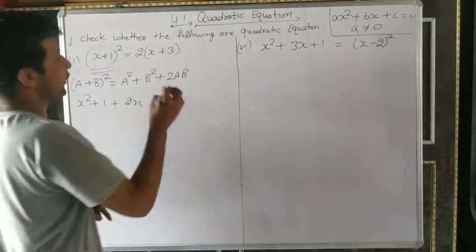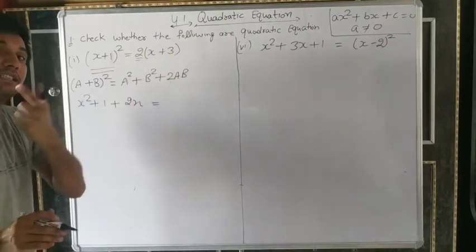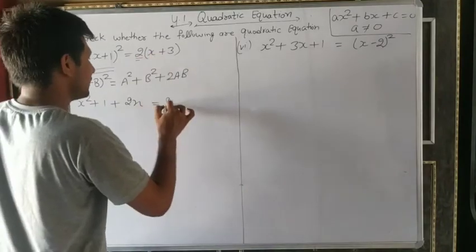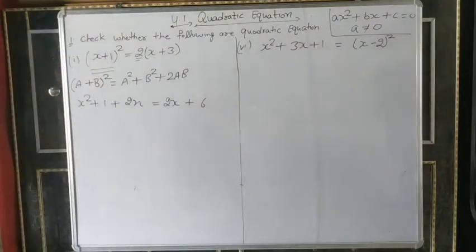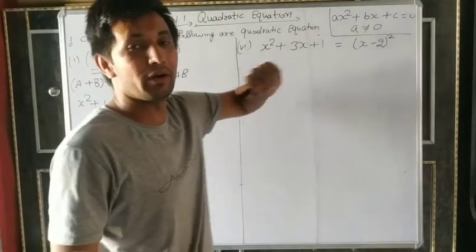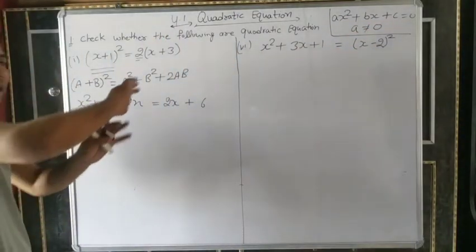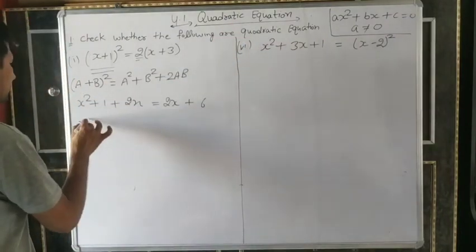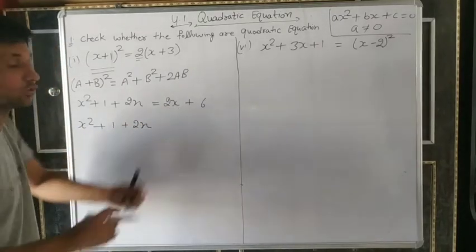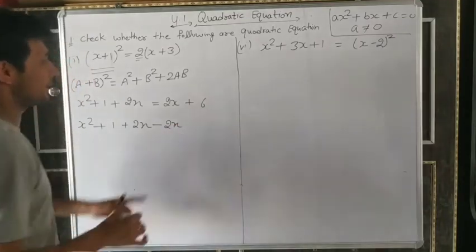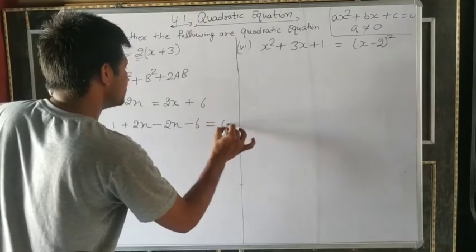Now what is the meaning? If we write anything outside the bracket, it means this number is multiplied with each term inside the bracket. So 2 into x, 2x, plus 2 into 3, 6. Understand? We want to make a quadratic equation, we want to check. So it means one side is 0. So we will equate. So what we will do? We will move all the terms to one side. So x square plus 1 plus 2x. Yes, 2x is positive, on the other side it becomes negative. Same as 6, here positive, on the other side minus, equal to 0.